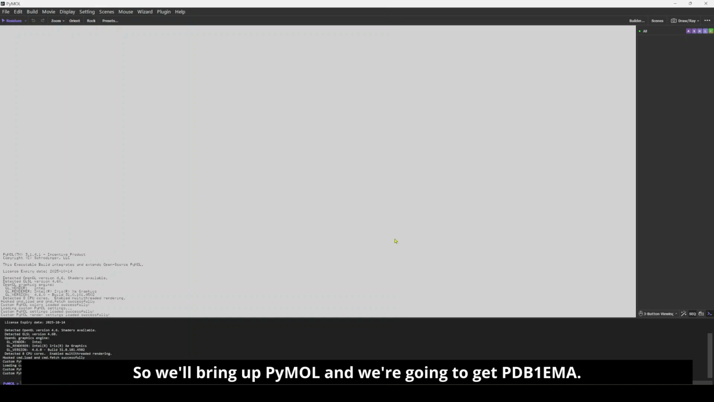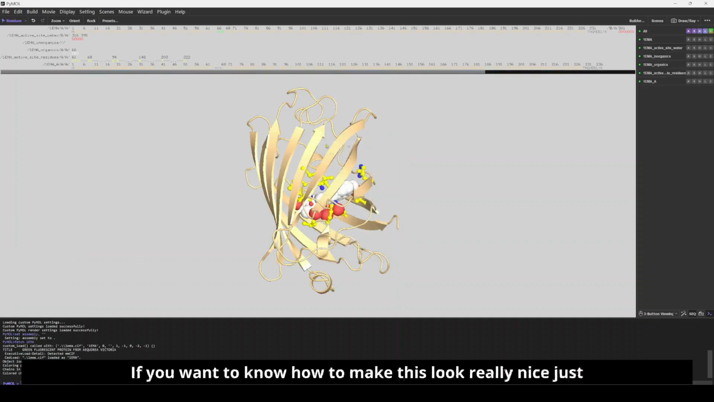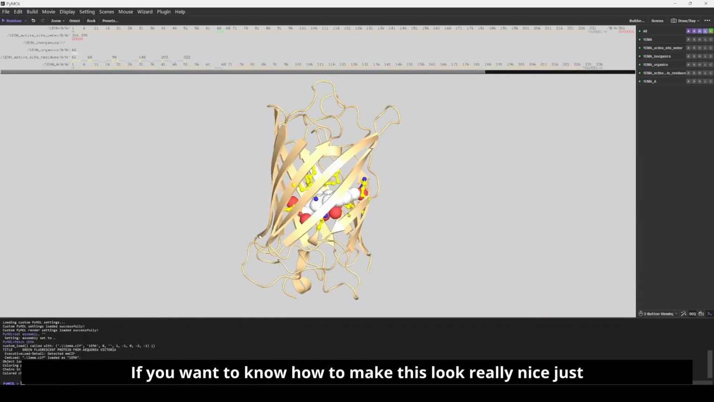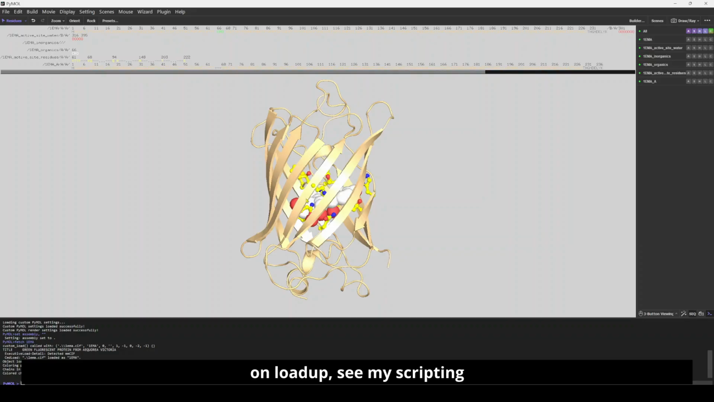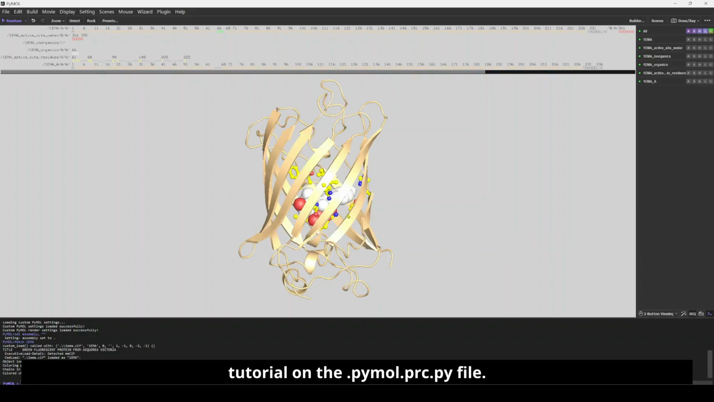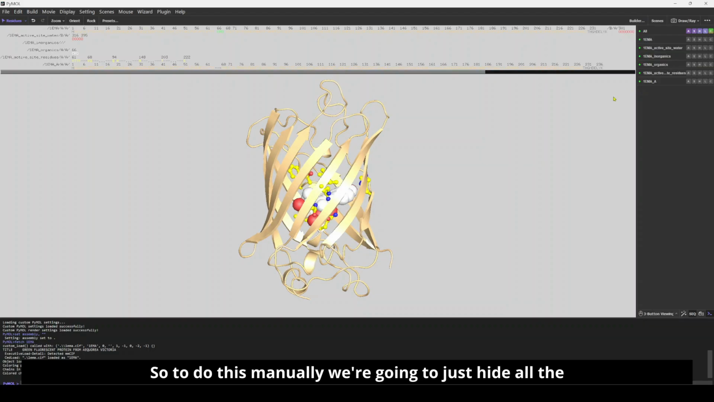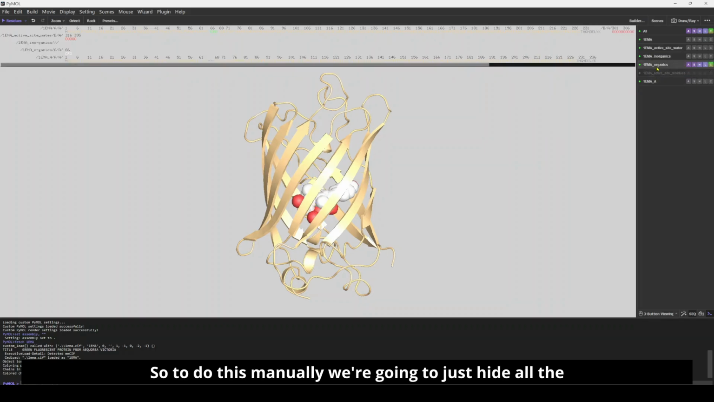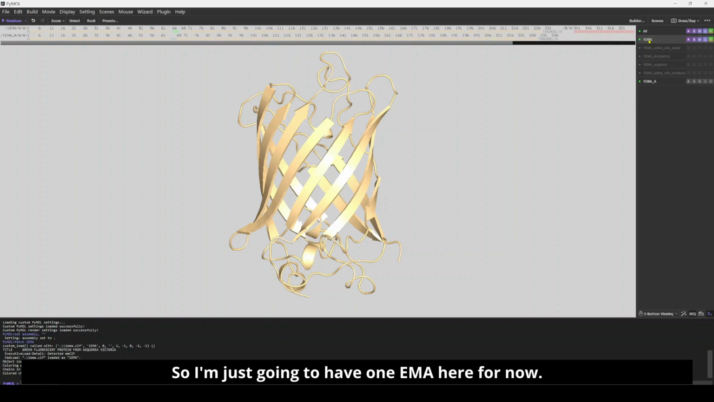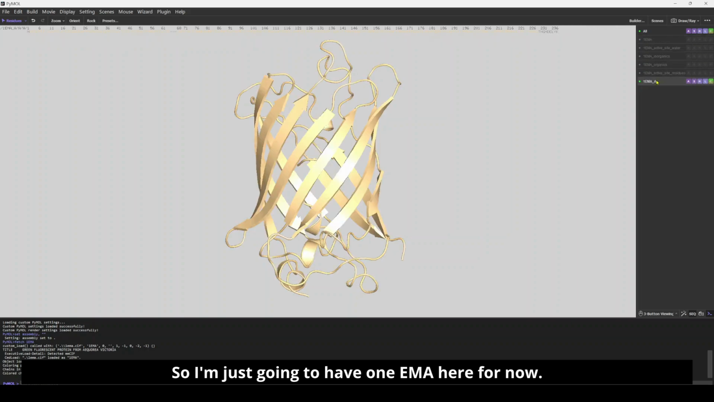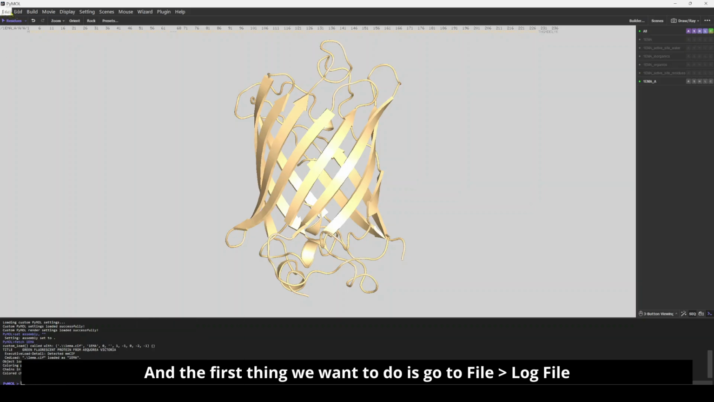So we'll bring up PyMOL. And we're going to get PDB 1EMA. If you want to know how to make this look really nice just on load up, see my scripting tutorial on the .pyrc.py file. So to do this manually, we're going to just hide all the other views. So just going to have one EMA here for now. And the first thing we want to do is go to File,